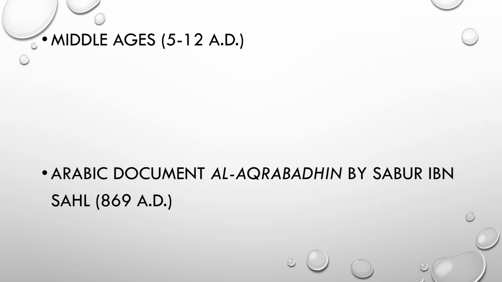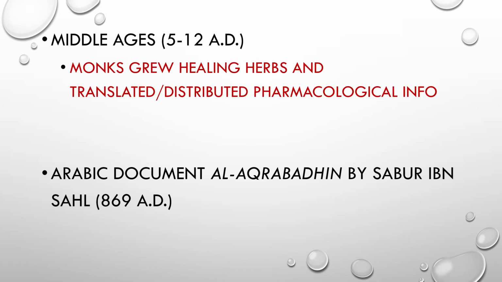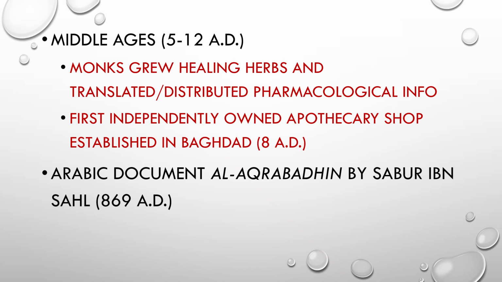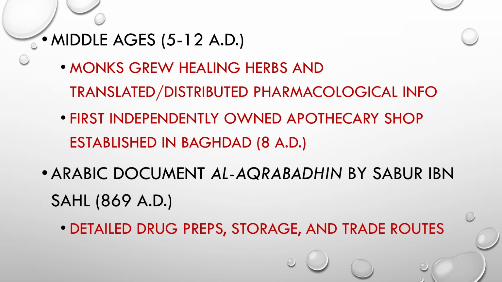Getting a little closer, in the Middle Ages, monks grew healing herbs. We think about the Chinese with their herbs, but we also had monks that used these herbs and translated and distributed information about the drugs, that pharmacological information. And the first independently owned apothecary shop was established in Baghdad in 8 AD. Then an Arabic document in about 900 AD detailed some of the drug preps, the storage, and also trade